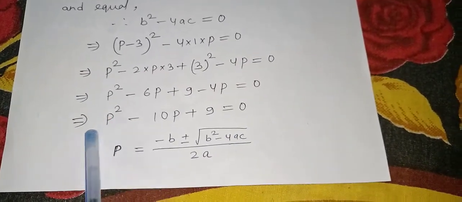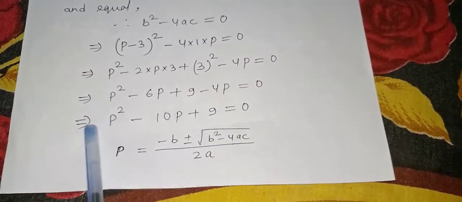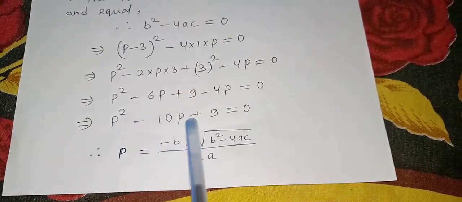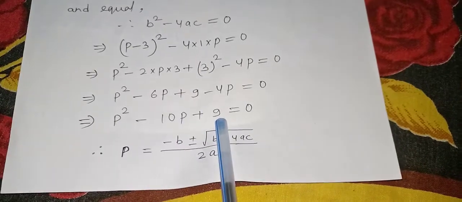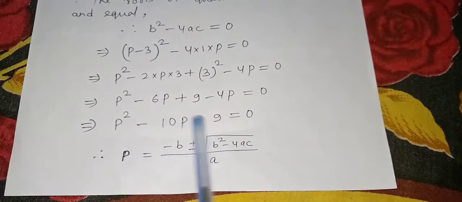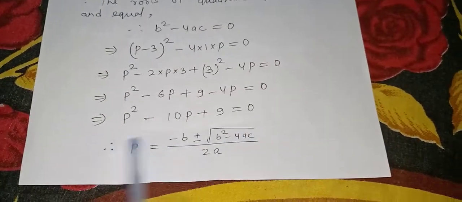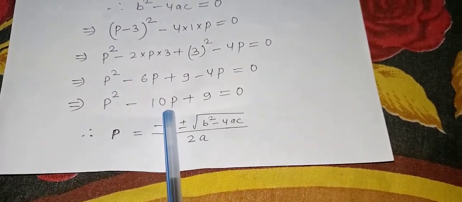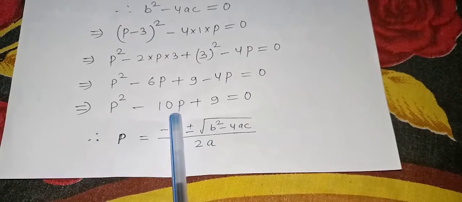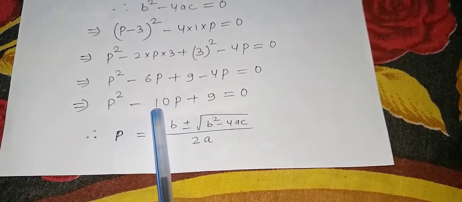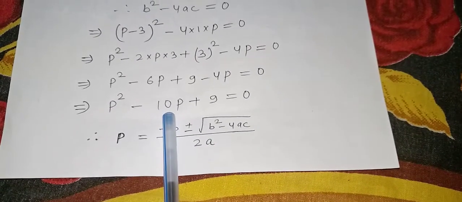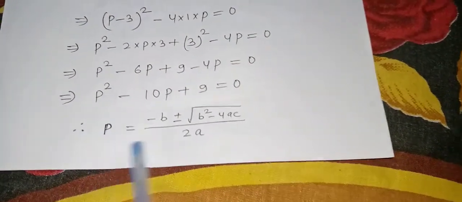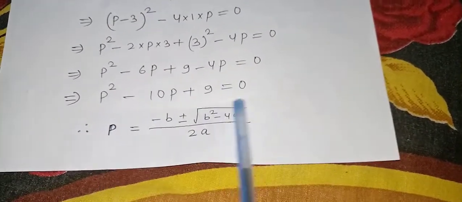Now you can see it has again become a quadratic equation where the first position is p square variable, second position is p variable, third number is a constant number, that is 9. So when such an equation comes, Sridhar Acharya formula can be used, or you can also solve by middle term breaking. But normally for many students middle term breaking will be a new thing. So that's why I will again use Sridhar Acharya formula, because it is a quadratic equation.